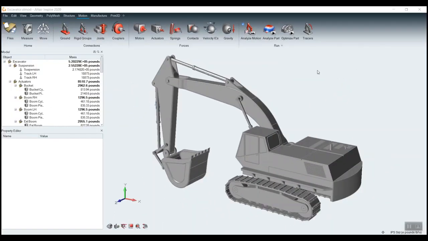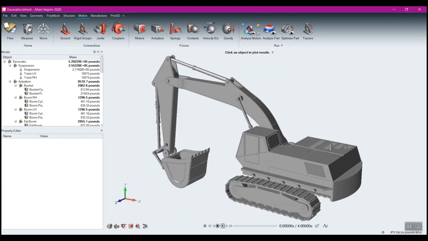Altair's Inspire motion is not only useful for proving out kinematic systems and making sure that your assemblies work properly, but it also allows you to easily combine your motion simulations with analysis. So once you have your motion simulation run,